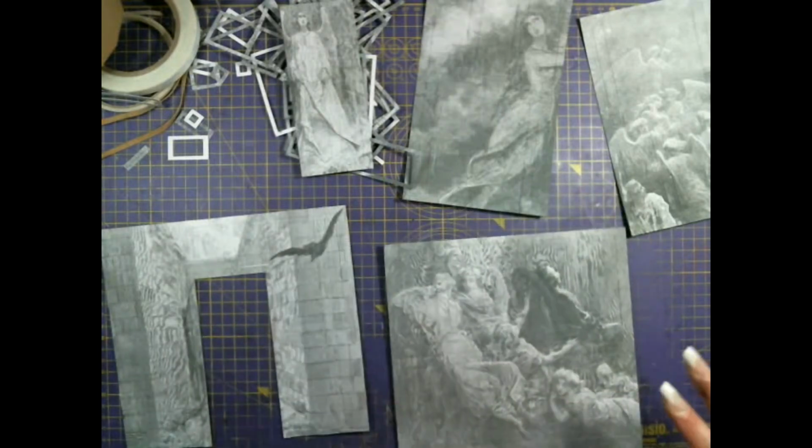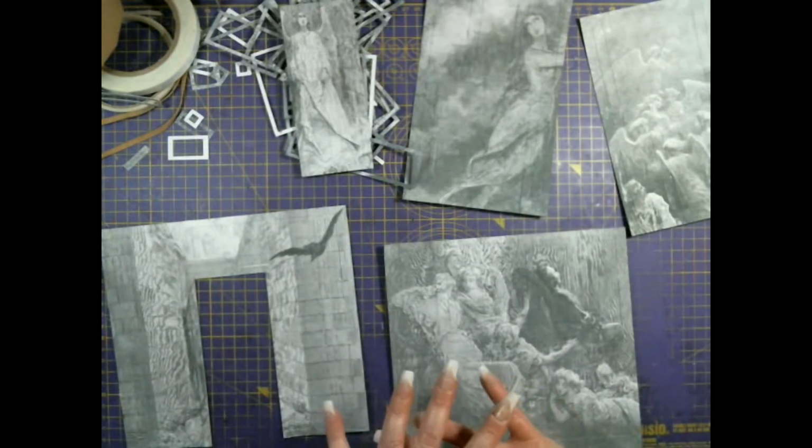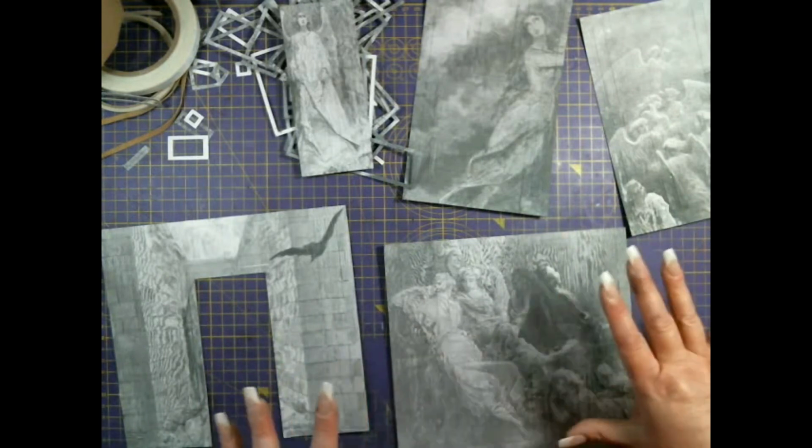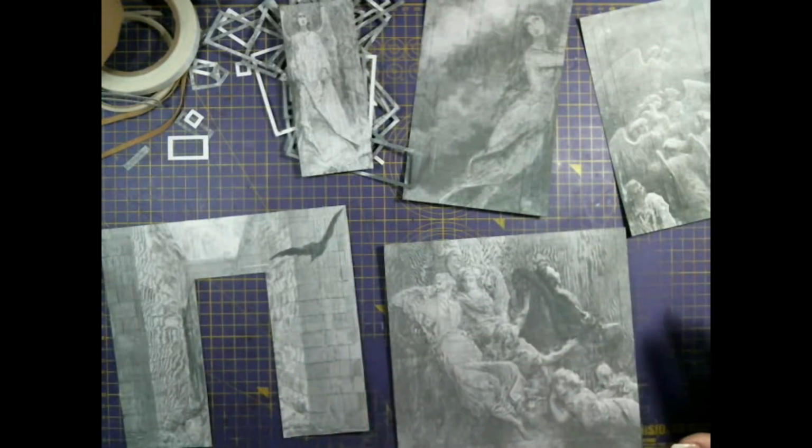So all my pieces have been prepped. They've all been panelled, so all the layering's been done. They have been sprayed. I'm just waiting for them to dry off completely. But what I wanted to show was, if I can find,